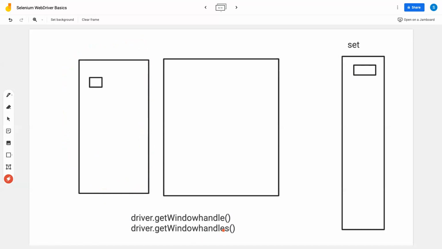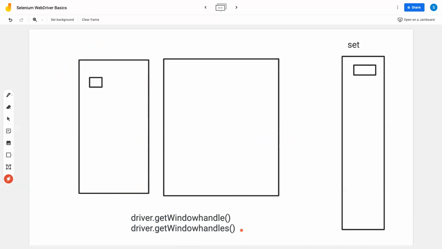But when you use the getWindowHandles method, it will give you all those windows which are either invoked by the driver or are in the session. So getWindowHandles will give you the different IDs of this window, or if there are a couple more, it will give you all of them.